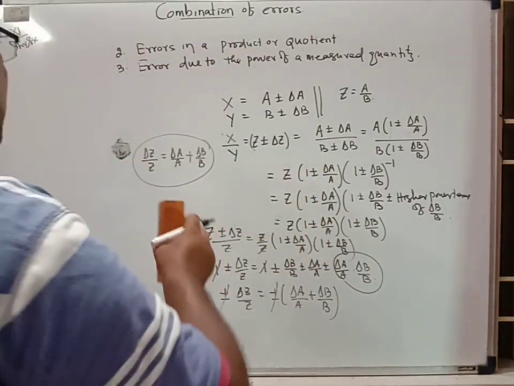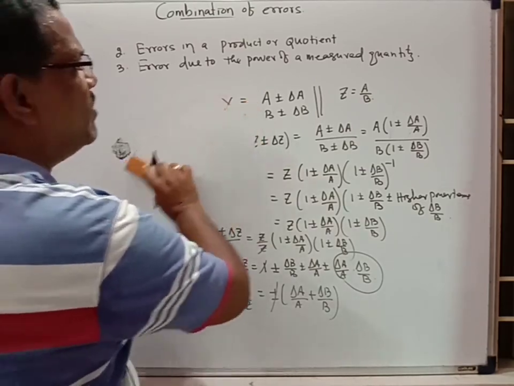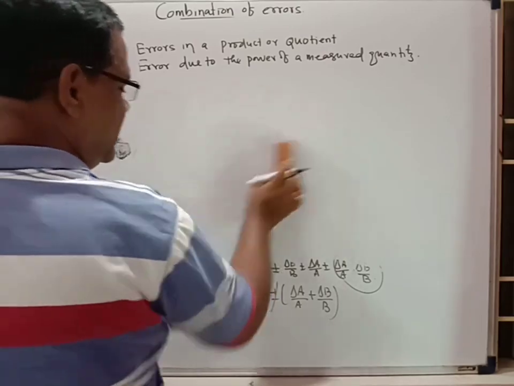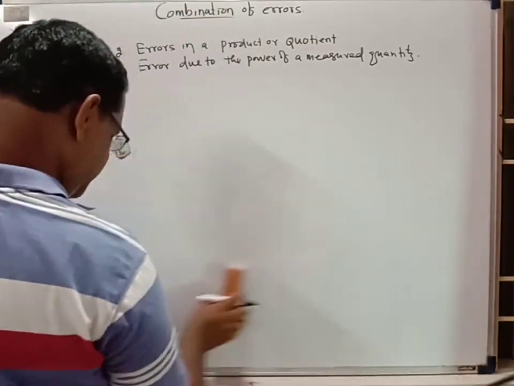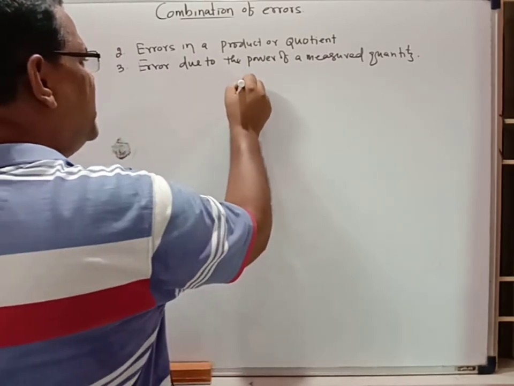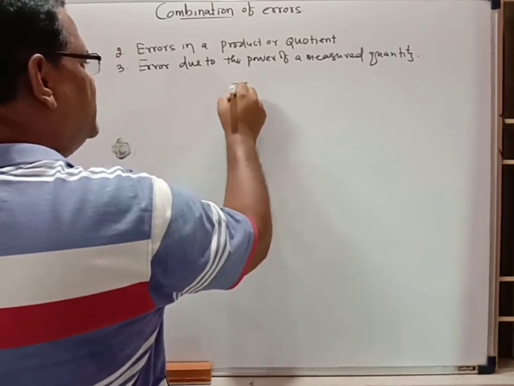Another case, case 3: error due to the power of a measured quantity. What is the error due to a power of a measured quantity? Suppose a quantity is measured as Z equal to,